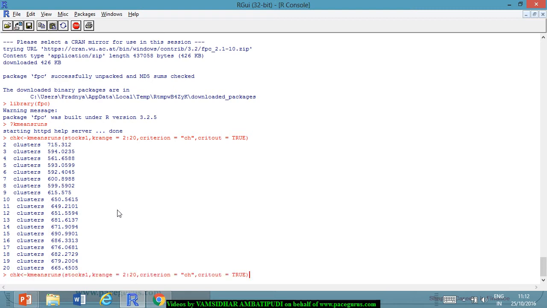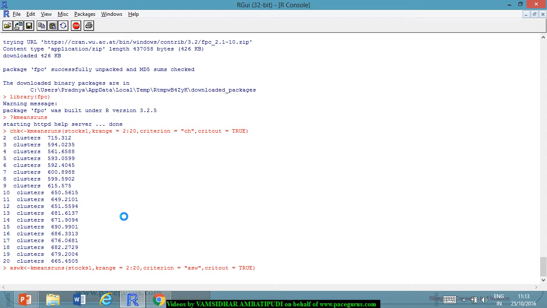Similarly, I can use another solution, the ASW solution, to check. Right, so let me go with ASWK. The only difference now is instead of criteria equal to CH, it's average silhouette width. I'm trying out even this kind of solution to see which number of clusters is more optimal or appropriate for this particular data. So even through this mechanism,